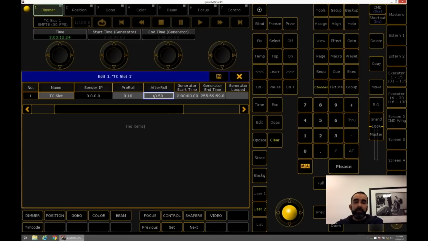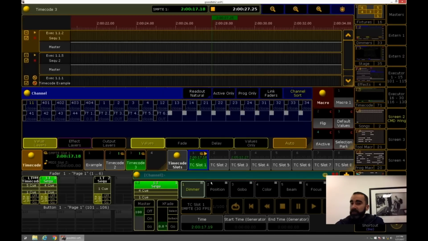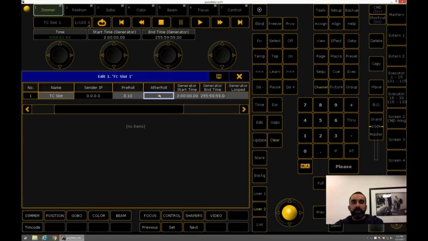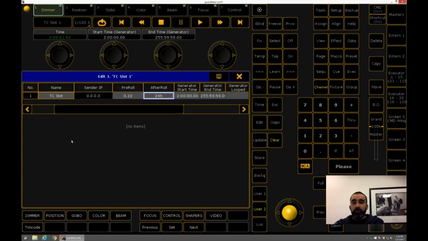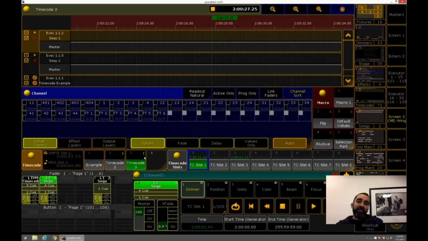So normally it's instantaneous, but if I set this to 4 seconds, I hit stop on my timecode generator, it's still running for 4 seconds, and then it goes away. What that does is it accounts for somebody jiggling the cable, random interference from cell phones, whatever else can go wrong on show site. Some people accidentally make the mistake of setting this forever, and then suddenly you turn off timecode and it never stops. So don't make that mistake.